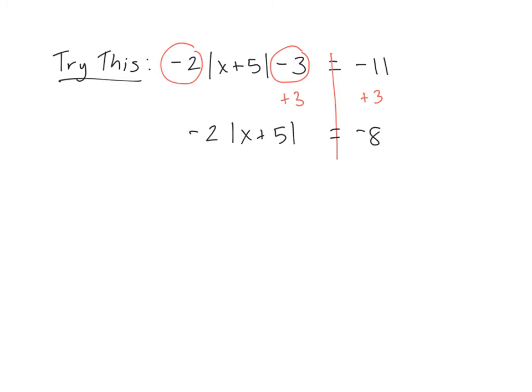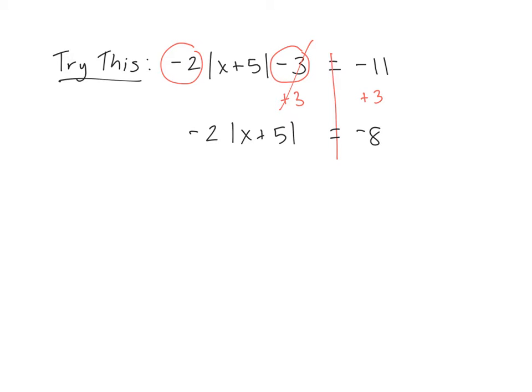So as I'm looking at this one, I have two numbers on the left-hand side that are outside the absolute value that need to be moved before I can split it into two equations. I'm going to start by moving the subtract 3, because subtract 3 is lower than a multiply by -2 in my tree of PEMDAS. So I'm going to undo subtract 3 by adding 3 to the other side,